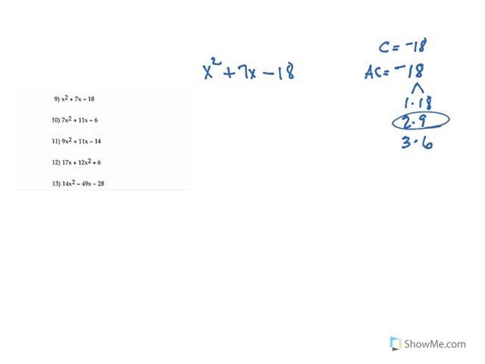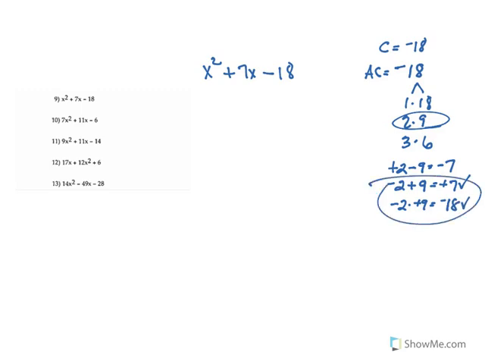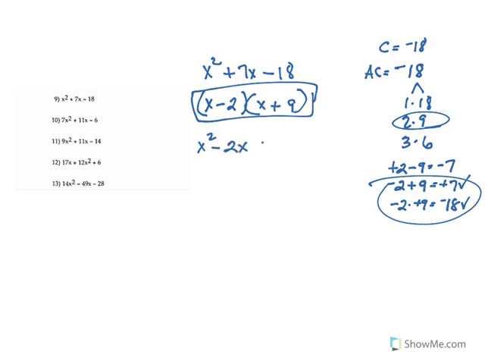So I'm thinking 2 and 9. So I would do plus 2 minus 9, that's negative 7. So minus 2. Correct. And then if I multiply those, correct. So double check. I know those are my numbers. So I'm going to just factor x minus 2, x plus 9. And I'm finished. And I'm going to go ahead and do this one using the AC method as well, just